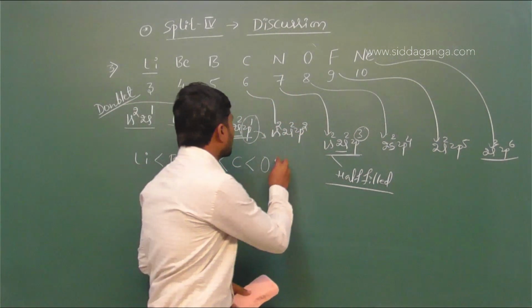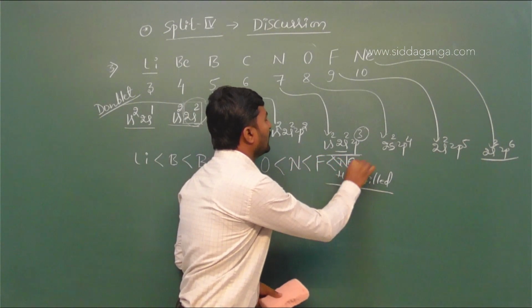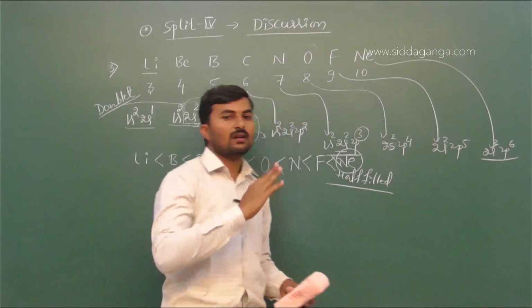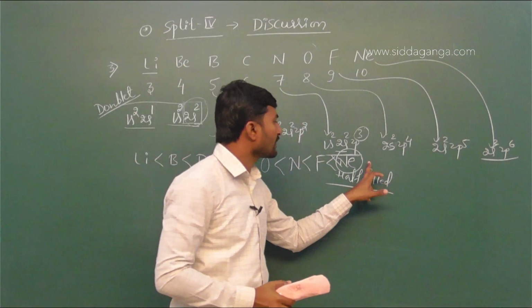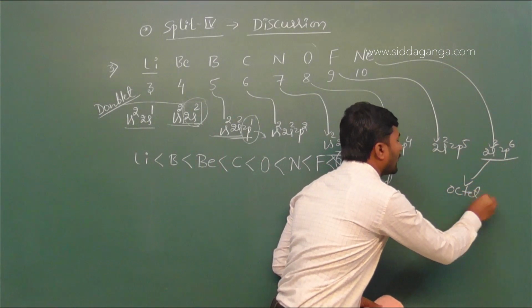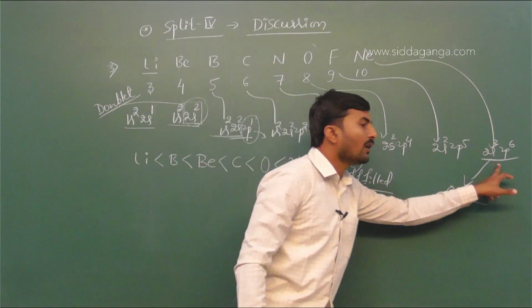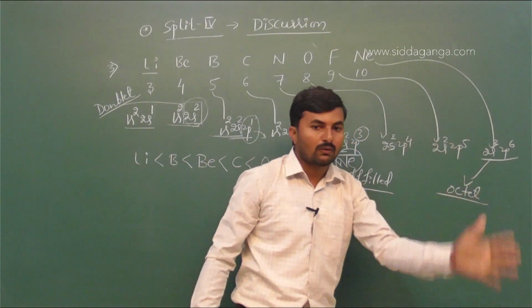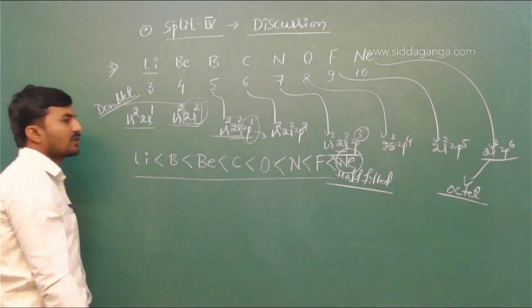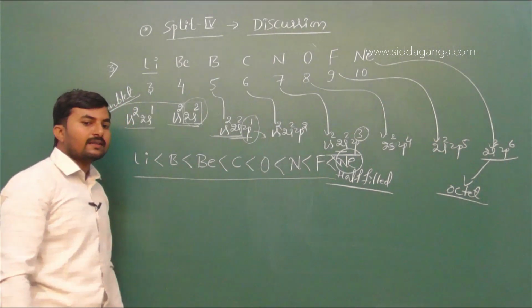That is why the trend follows like this: fluorine followed by neon. Neon, which comes last, possesses or requires the highest amount of ionization energy to give up its single electron, because it has an octet configuration. It is the most stable configuration ever, such that neon does not give up the electron very easily. So this is the trend of first ionization enthalpies of second period elements in their increasing order.